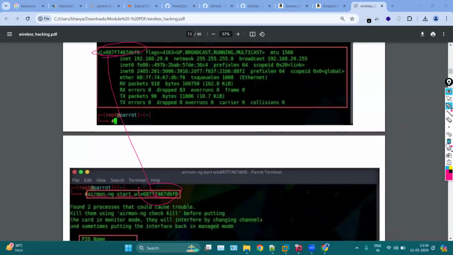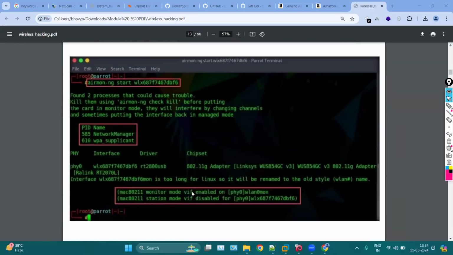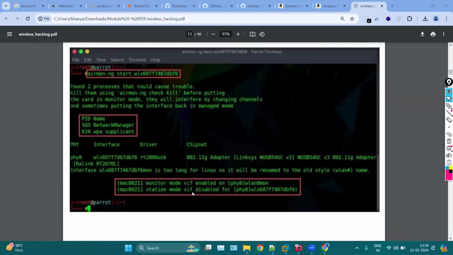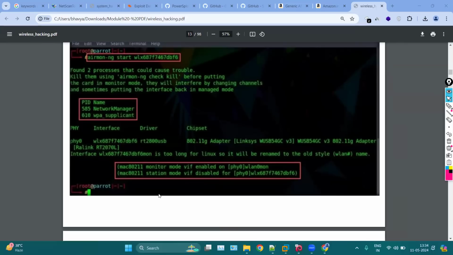So this will show you the PID details, some process details, and so on. So your monitor mode is enabled. For doing this process, we have to enable the monitor mode. So when you click on start, you will get the information about your adapter, the name, the driver, the chipset, and so on. Okay, now if you type ifconfig,